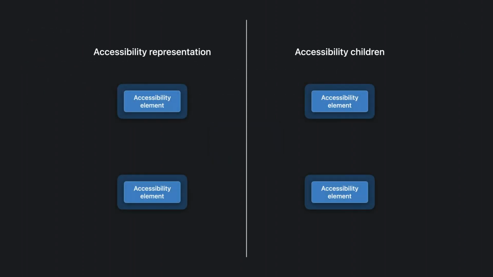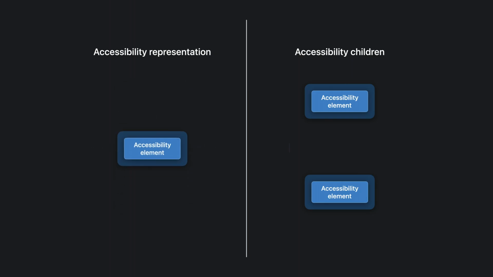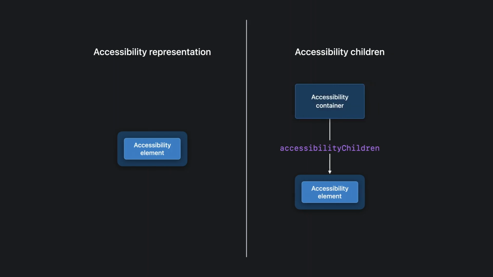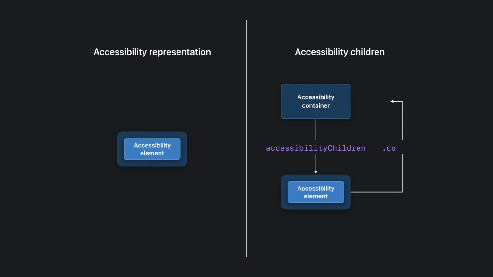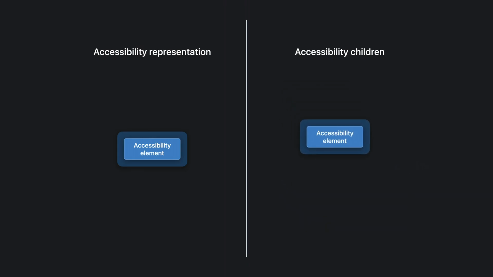With accessibility representation, the original accessibility is completely replaced. This means no composition can take place, whereas Accessibility Children is additive. This means you could later combine the children to merge their properties into the original element. This is a more advanced use case of the Accessibility Children modifier, but it's a functionality I wanted to highlight. Examples are featured in this presentation's Accessibility Catalog sample project. I hope to see many of you explore what's possible with this kind of composition.